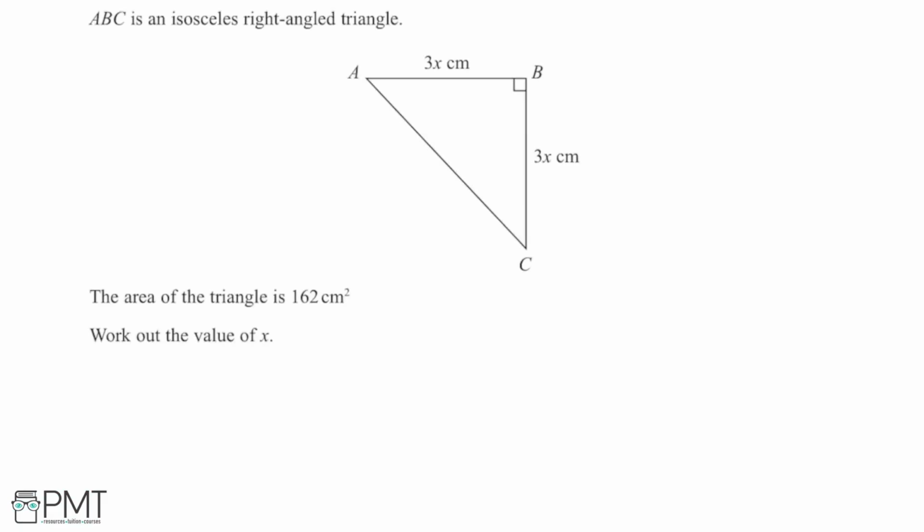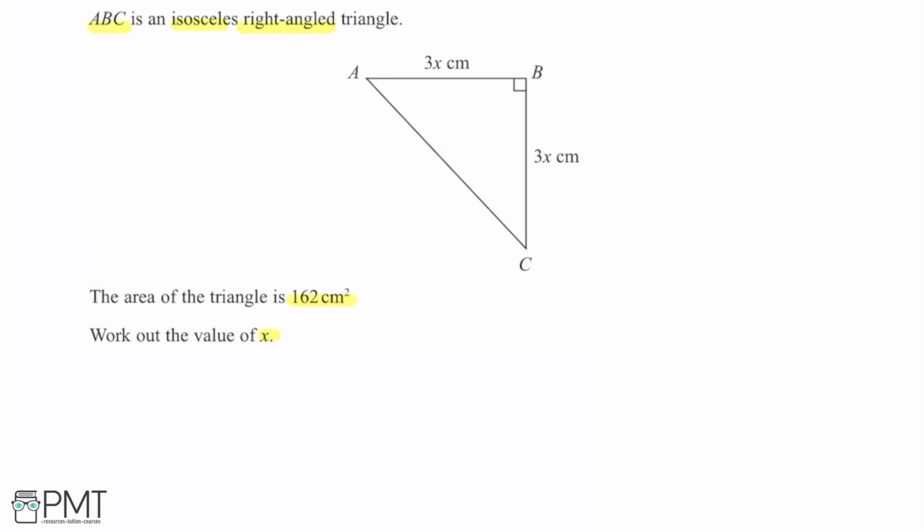So in this question we have ABC, which is an isosceles right-angled triangle, and then we have the diagram below. So we have AB, which is equal to BC, which makes the triangle isosceles, and they're both 3x centimetres long. And then we have the right angle here between those two sides. We're told that the area of this triangle is 162 centimetres squared, and we're asked to work out the value